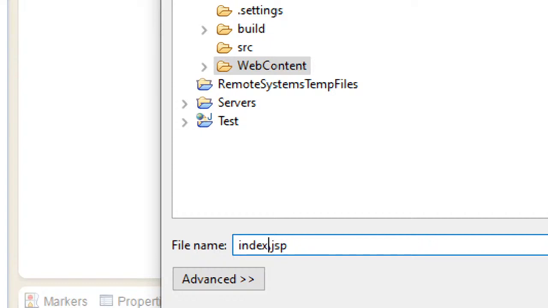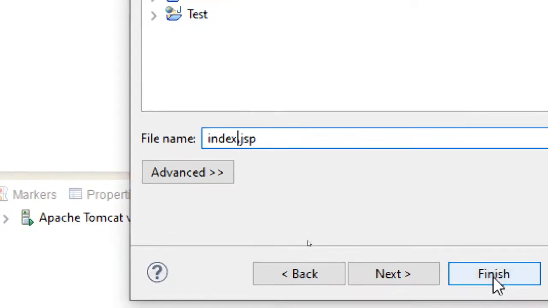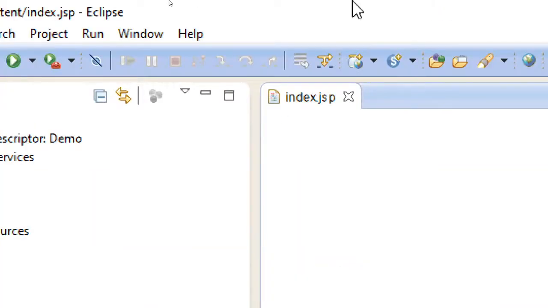That's the reason for all the websites, as soon as you give the URL, directly you can see the index.jsp being loaded. I mean, whatever it is, index.html or JSP will be the one which will be loaded, and later whatever the links you are going to click, that will be done. And click on finish. So here you can see what happened.